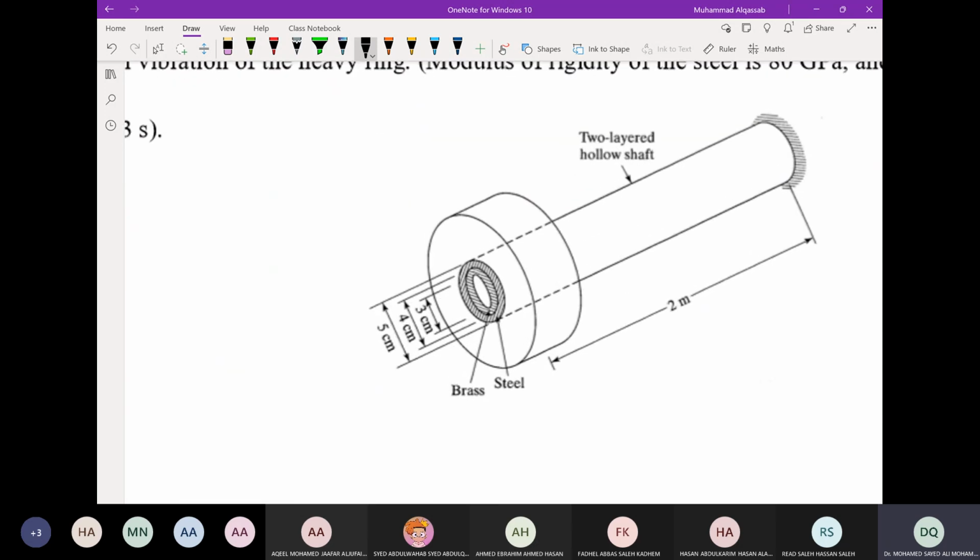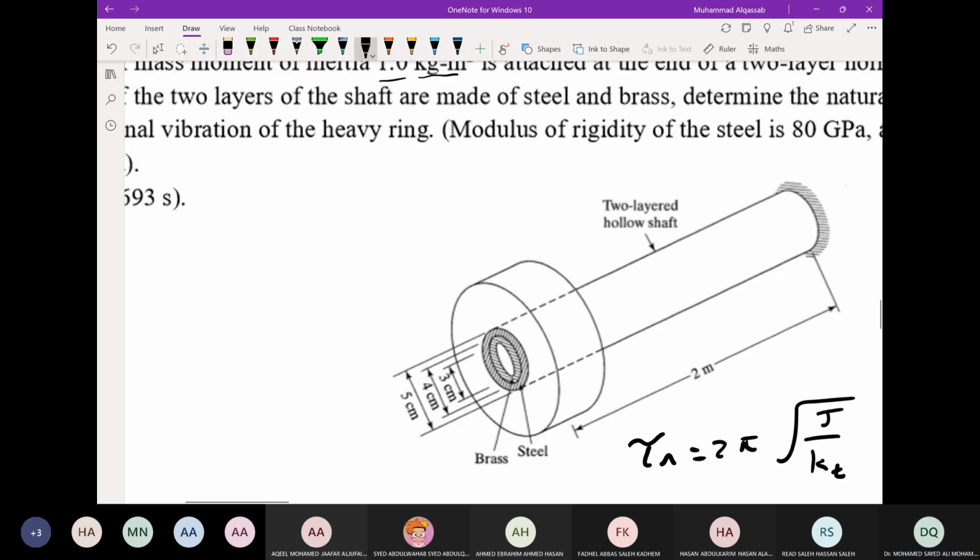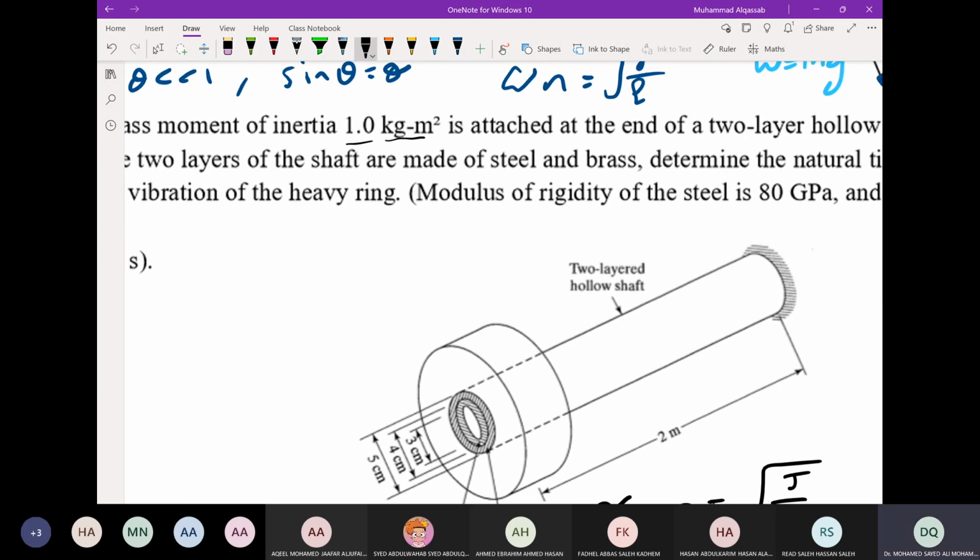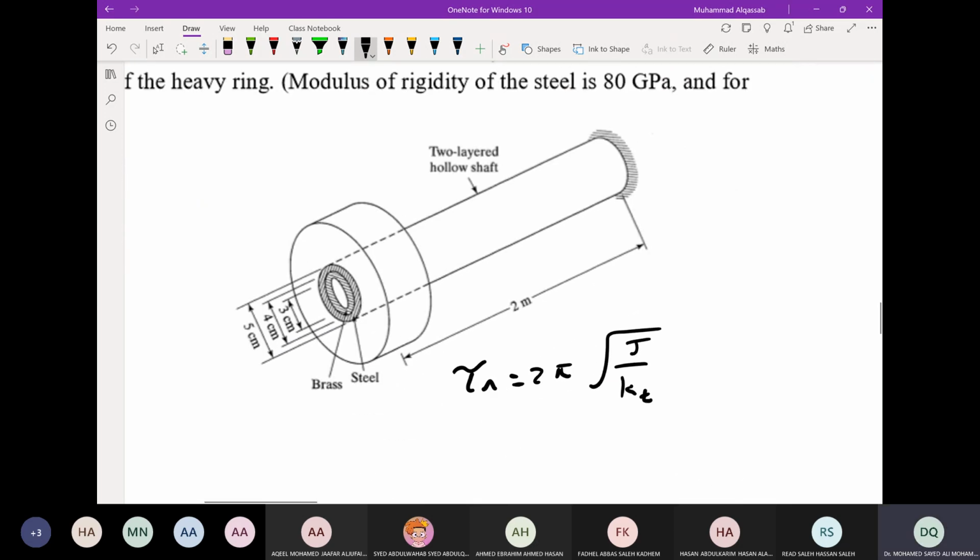So this is exactly the same as what we did in the class on the torsion of a shaft, except that the shaft is hollow. Okay, so the natural period tau n required is equal to 2 pi square root of J over KT. J is given as 1. This is J. And KT